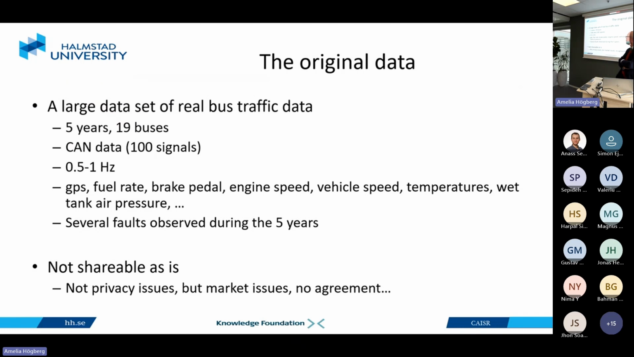So what is the data that we have? We have a data set of buses over 5 years. There are 19 buses in the Swedish municipality, Kungsbacka kommun, not very far from Gothenburg. And it's actually the result of projects that we were discussing together with Volvo in 2005, just to go 20